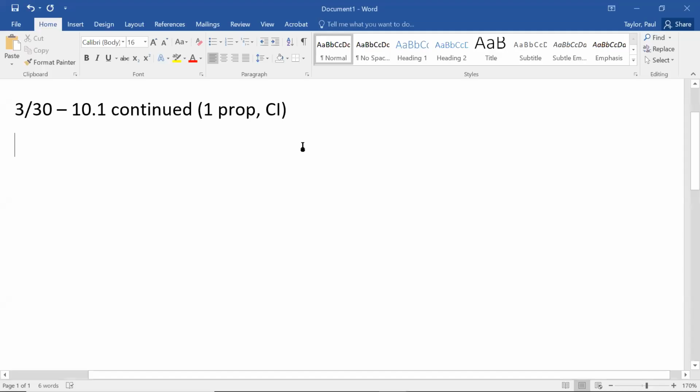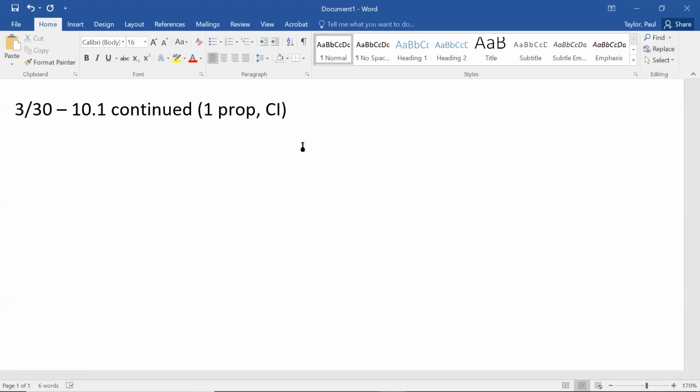Hello, this is the class for Monday, March 30th. We're still in 10.1, and actually we're going to be in 10.1 for a while. There's a lot of stuff in here. I have one more example of a confidence interval before we move on to the other 10.1 stuff, which is